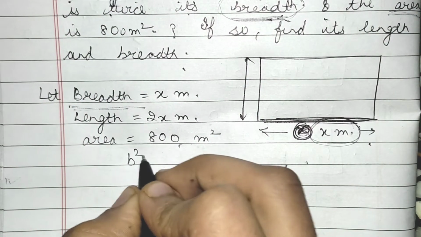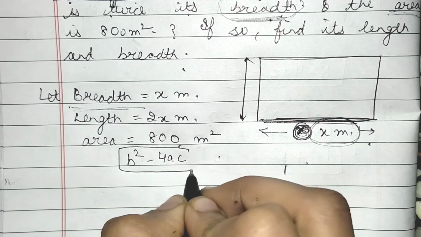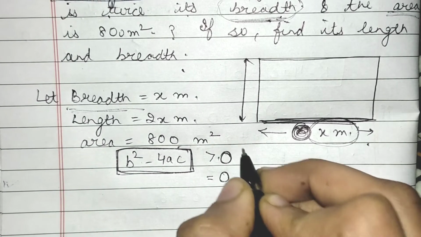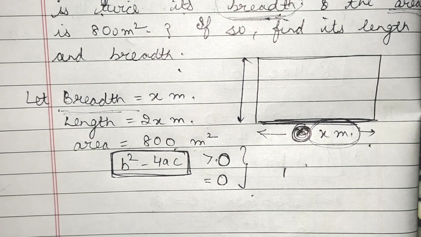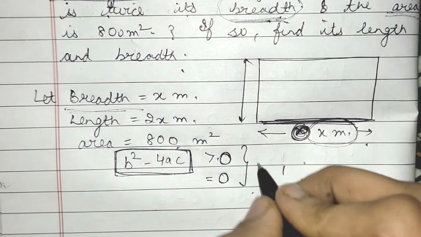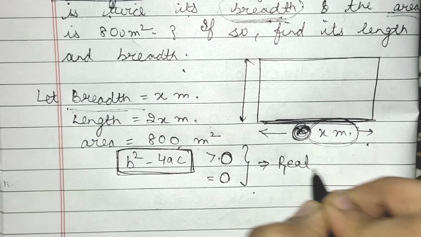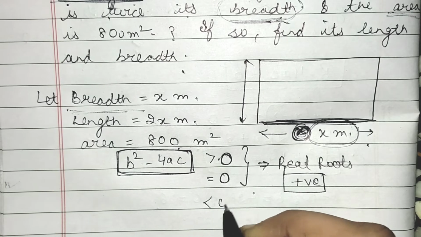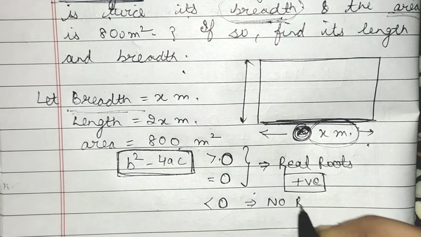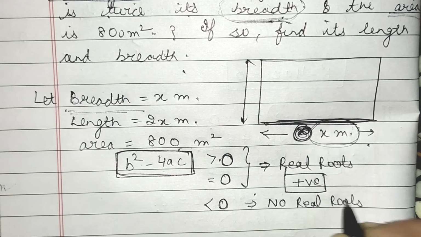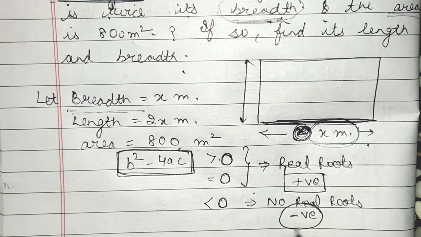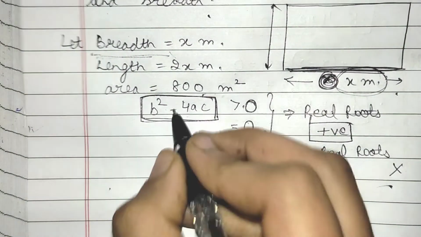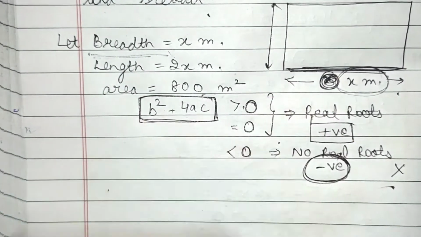You will decide depending upon the discriminant value: if this is greater than 0 or equal to 0, then only it is possible to design this park, because only in these two cases real roots exist. You will get some positive value. If this is less than 0, then no real roots will exist. That means you will get a negative value, and dimensions can never be negative, right? So find out this value and you will get the answer,